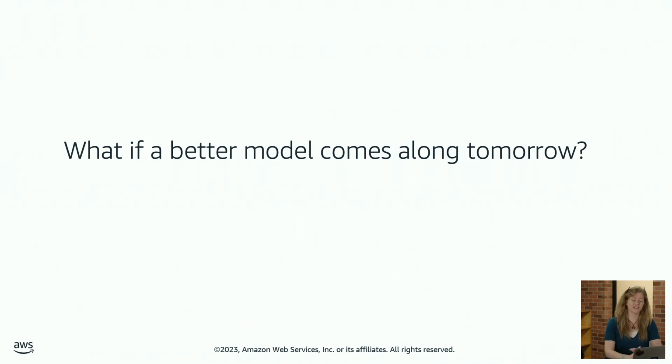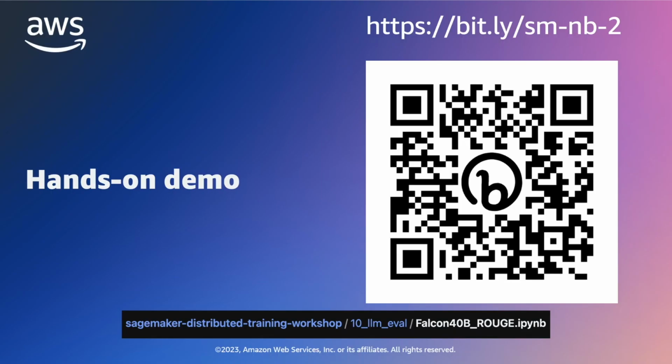And then this last question is, well, what if a better model comes along tomorrow? Unambiguously, this will happen. You should anticipate that this will happen because the universe is too big to put everything in a single model. So plan to update your MLOps pipeline. Plan to refresh your training sets, your hosting sets, to ensure that you expose yourself to getting your hands on a better model tomorrow, so that you can easily expose those benefits to your consumer. And with that, let's take a look at the demo.